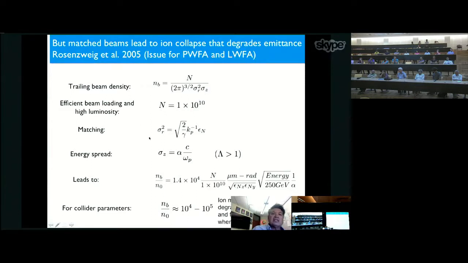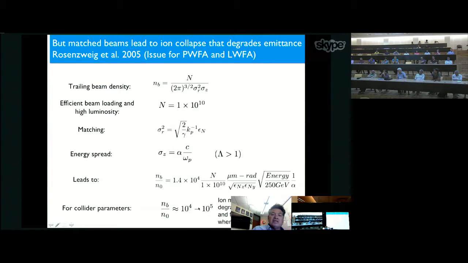I need the spot size matched so I don't have emittance growth, and that's determined by the focusing force inside of the channel and the emittance. If you work it out, for collider applications, the beam density, the plasma density, is 10^4 to 10^5,